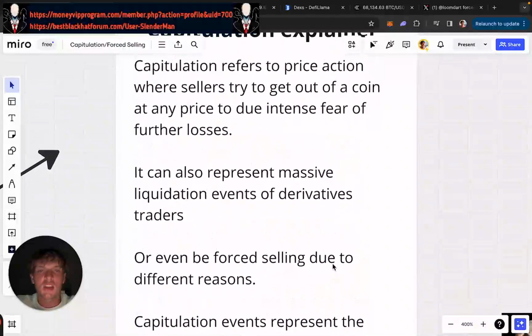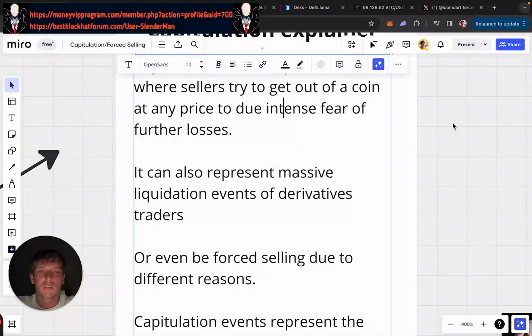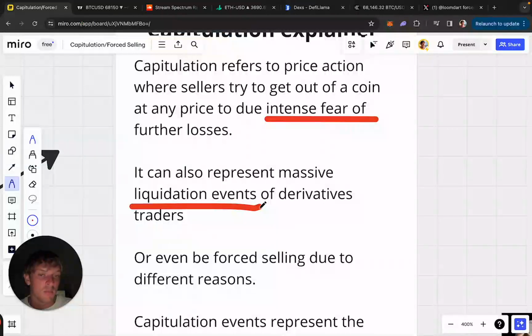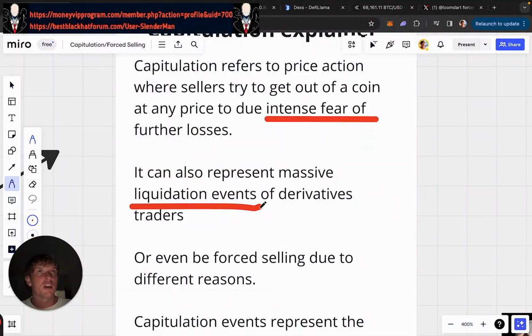Now, capitulation, like I said, can come from intense fear, or it can come from a big liquidation event. For example, let's imagine there's $1 billion of people trying to long the market, and then someone dumps the market, and these longs get liquidated. When you close a long, you have to sell, right? That's $1 billion of selling. That puts the price lower. Because the price went lower, more people get liquidated, who sell, who make the price go lower, and more people get liquidated. It creates this spiraling effect called a cascading liquidation, right?